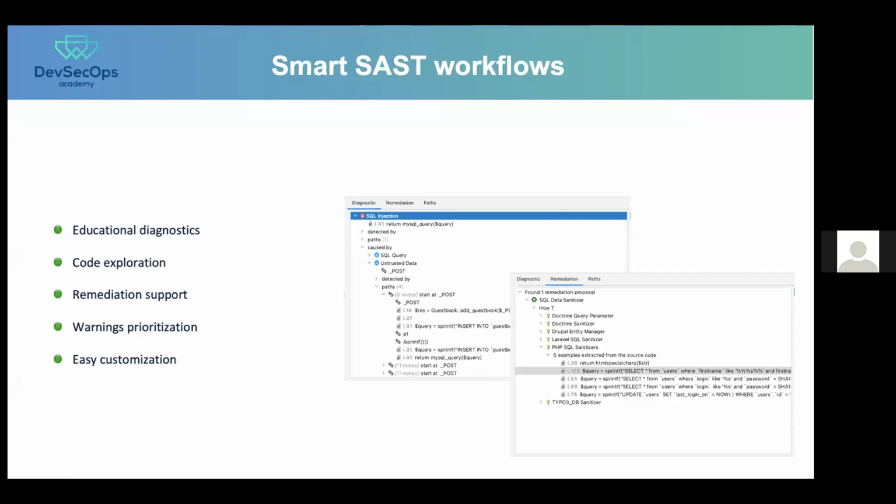And when you have understood what's happening, when you have investigated a bit more, you will benefit from a remediation support, which is a window on the right part of the screen, which will extract from your application some examples of code which is properly written and which is properly sanitized, for instance, in the case of SQL injection. And then for the most advanced users,